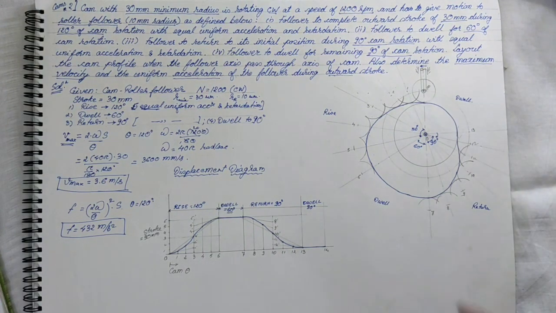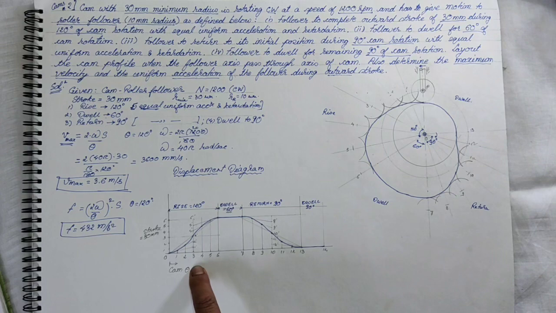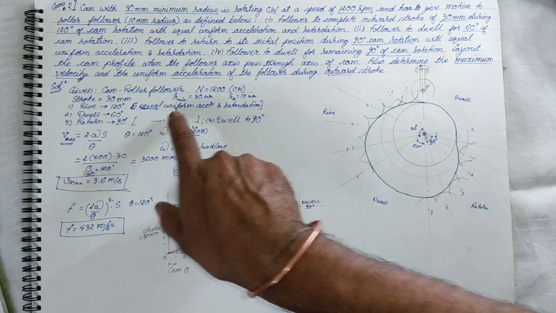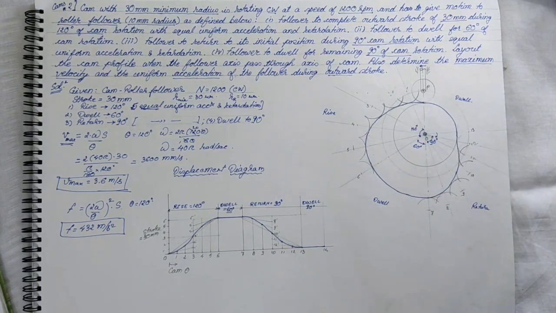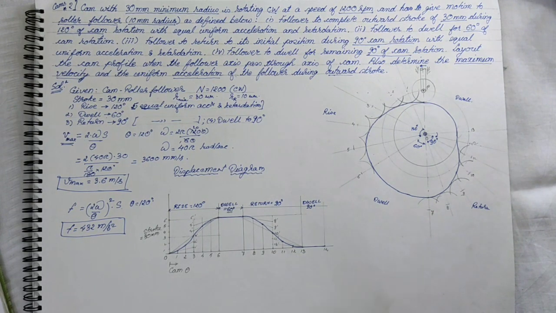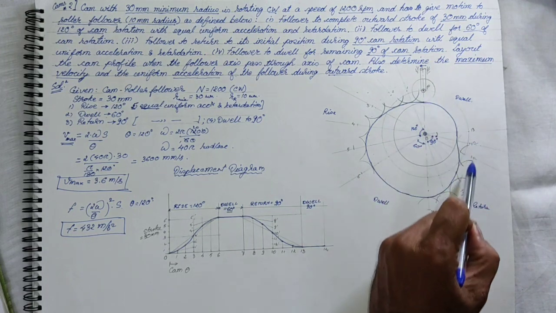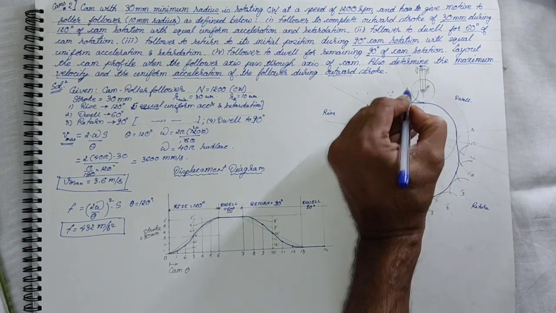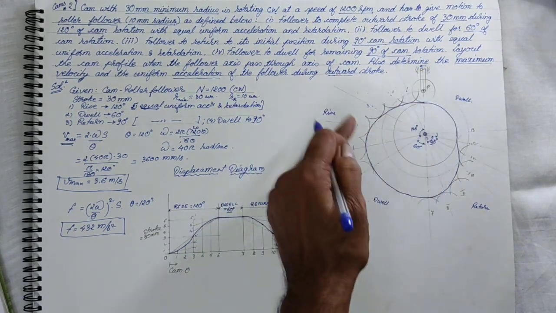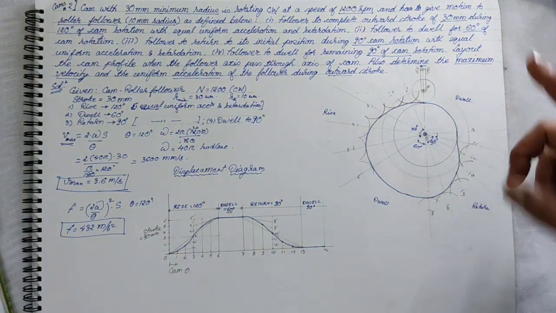So that is how we get the cam profile for a roller follower, and we have understood through this problem how to get the displacement diagram when the follower motion is uniform acceleration and retardation. As well we have understood how to get the cam profile when there is a roller follower. So we have to keep in mind when we are locating the displacements, first we have to draw this trace circle. So that means we will be locating the pitch points first, then drawing the rollers, and a common tangent to all these roller conditions will give you the cam profile.